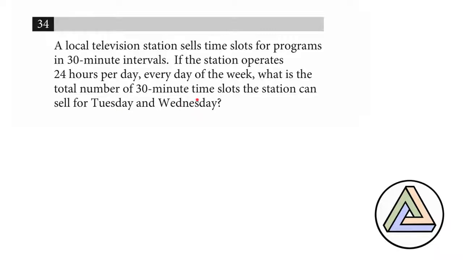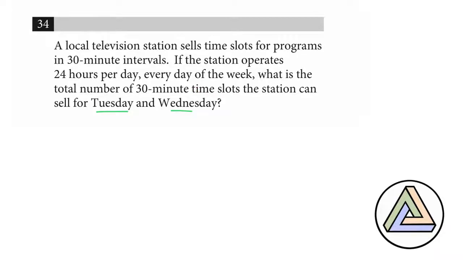So they say Tuesday and Wednesday, which is strangely specific, but at the end of the day, what they're really asking for is, what is the total number of 30-minute time slots that could be sold in 2 days, right? That's essentially what they're saying. In a way, they're kind of baiting you by throwing out a specific day, like the name of the day, but really we want to know, again, what's the total number of 30-minute time slots you could sell